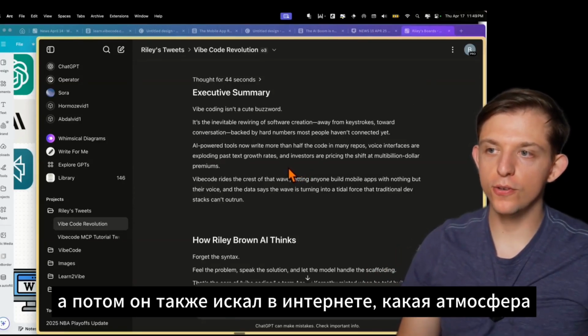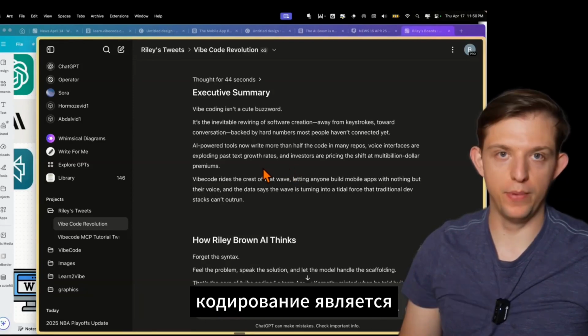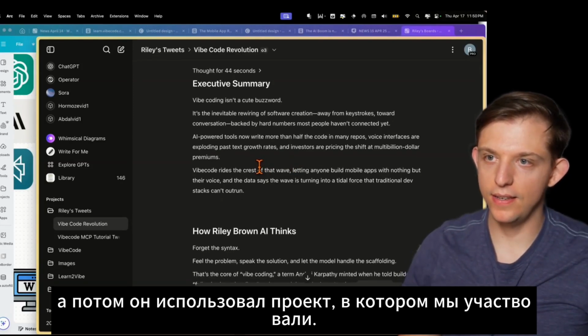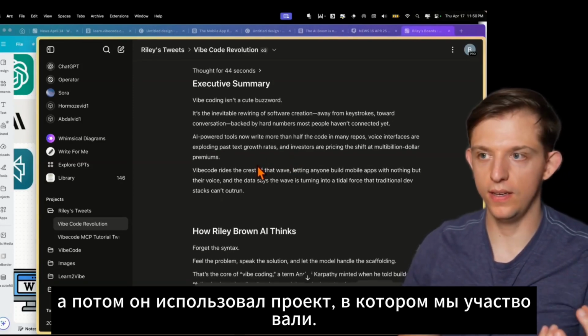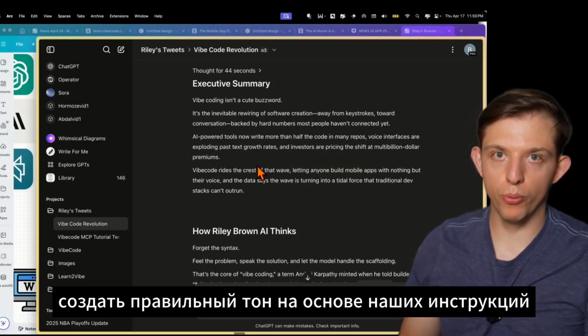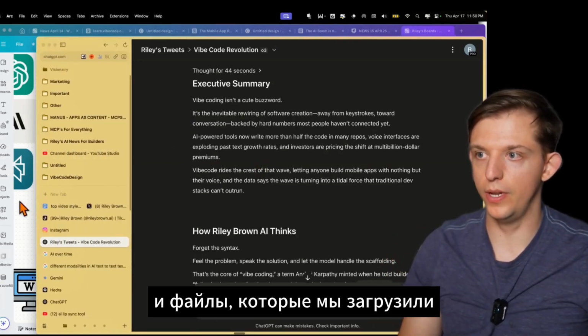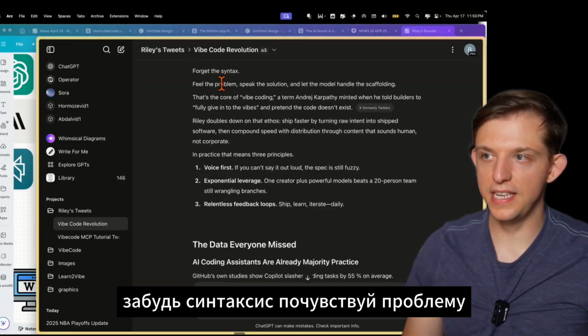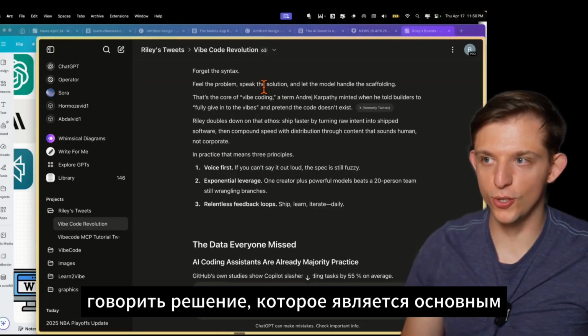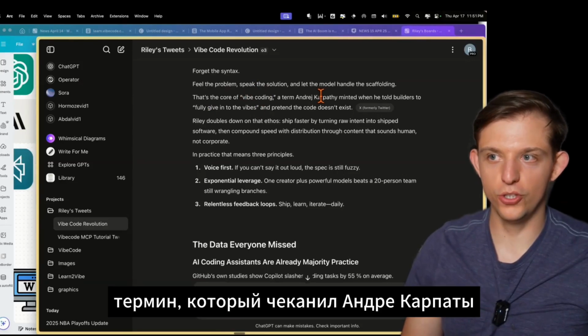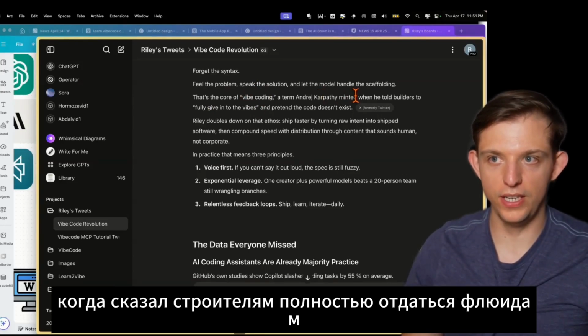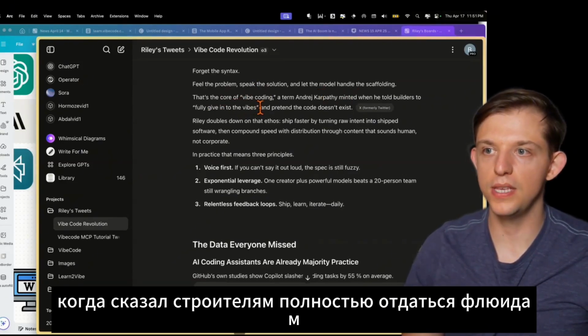And then it also searched the internet on what vibe coding is. And then it used the project that we were in to create the proper tone based on our instructions and the files that we uploaded. "Forget the syntax. Feel the problem. Speak the solution." That's core. The term that Andrej Karpathy minted when he told builders to fully give in to the vibes and to pretend